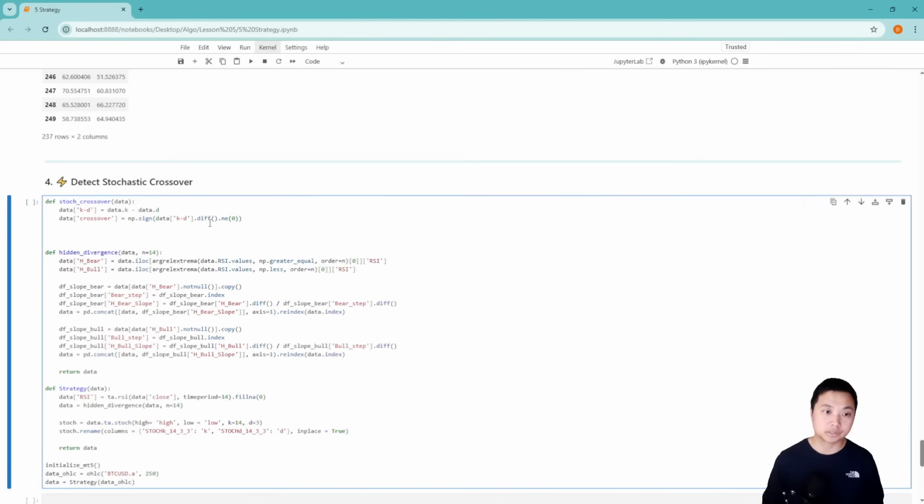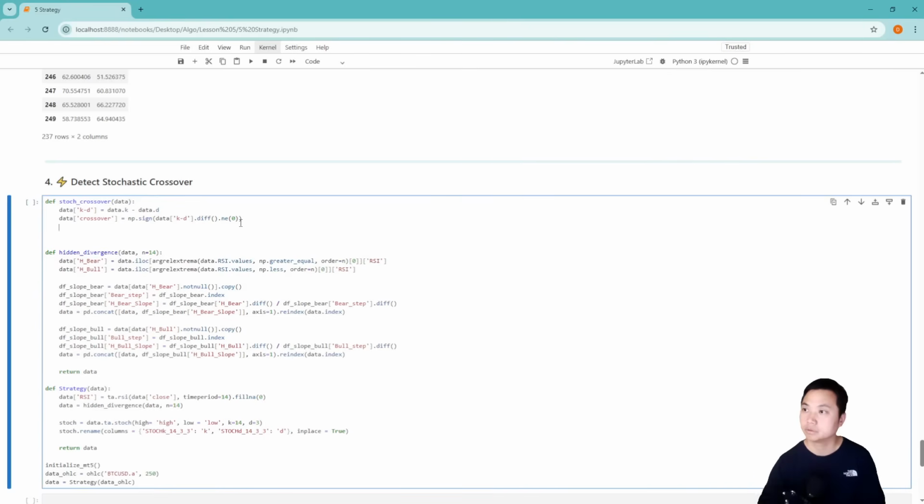That is the difference, to check the changes from one bar to the next. So what we're going to do is check the current sign, and then detect the previous sign. If there's a change, it means there's a crossover happening. And then the final is NE equals to 0, just return true whenever the sign changes, meaning the crossover